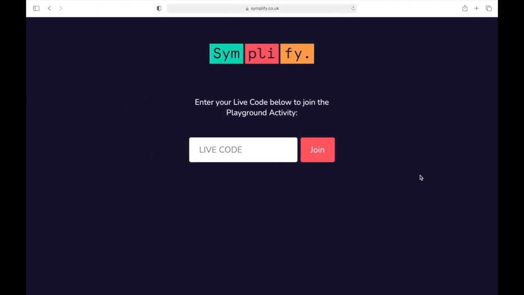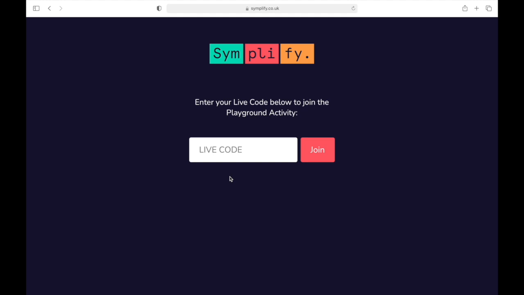Okay, so I'm going to demonstrate Simplify Live in Safari. So I've opened up a Safari window here to show you. This is because I can't show you in Chrome, because I'm obviously logged into my Simplify account in Chrome, and the whole point of Simplify Live is it's for using without a login. So I'm showing it to you over here.